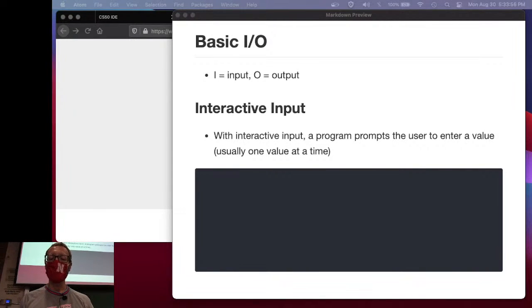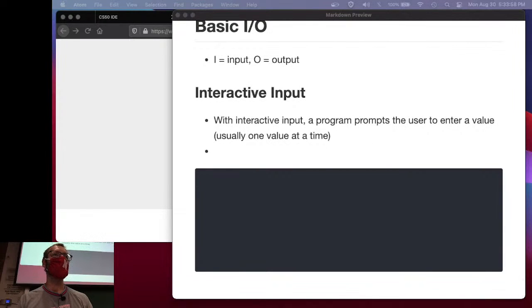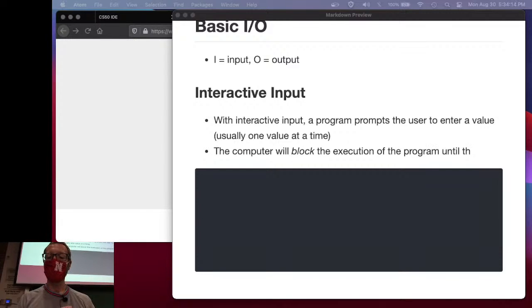The way that this works is that the computer will actually block the running of the program until the user inputs something, right? So the computer will block the execution of the program until the user has entered their input and hit the